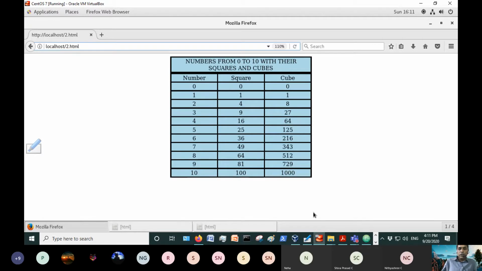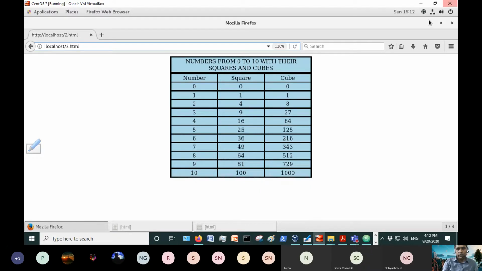It's very simple. The input is already given, n as 10. We have given a loop where the loop runs from 0 to 10. The value 10 is already built into the program. We are not taking any input from the user. Of course, you can write a program to take an input value of n from the user and display that, but this program doesn't do that.